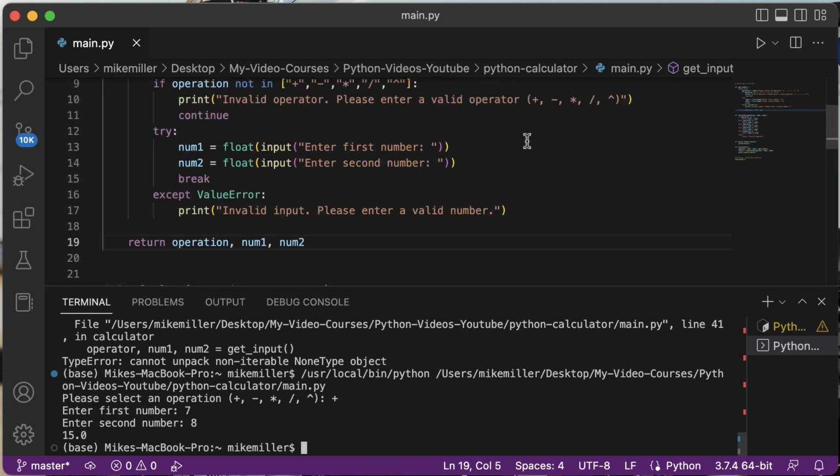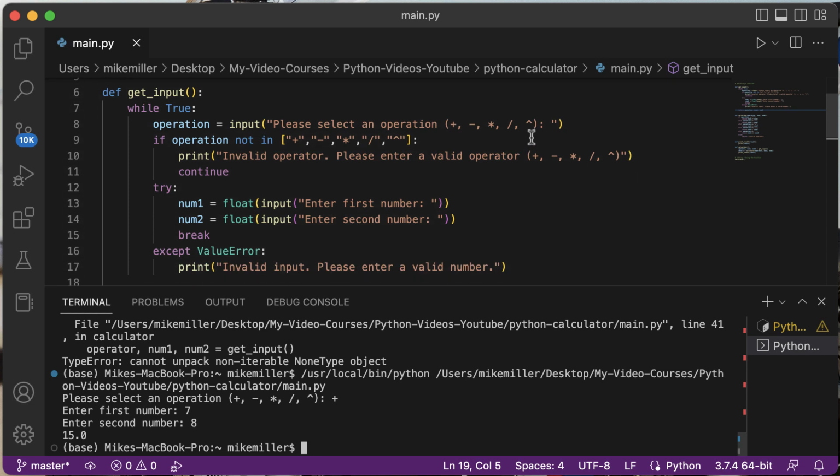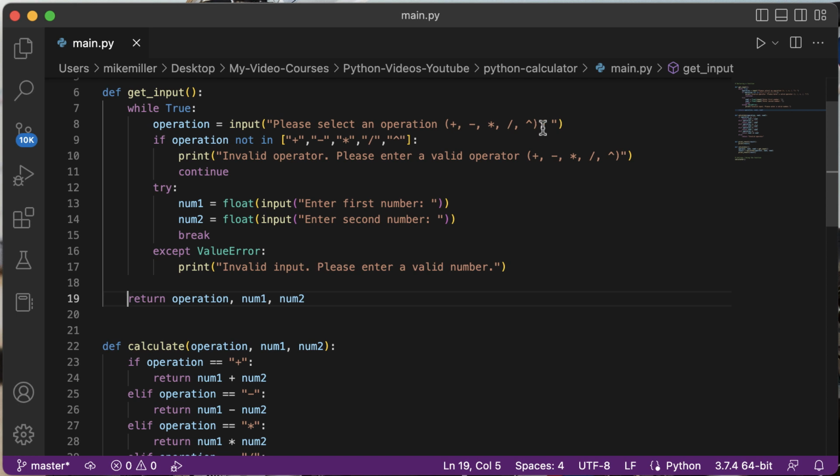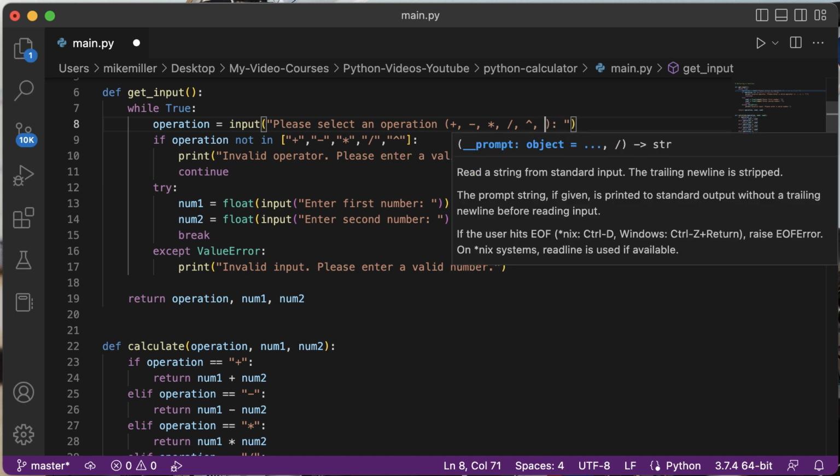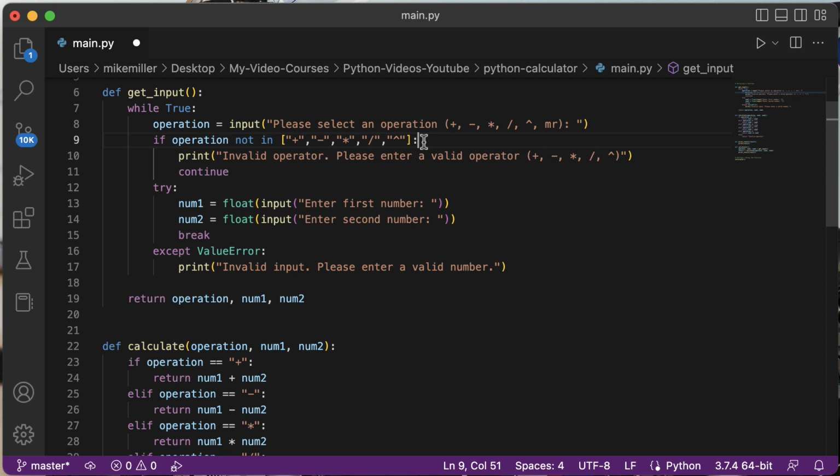We can start in the getInput method here. I'm going to close my console. And on the input operation method, we can add to the message here that we want to tell the user that they can enter MR, and this represents the memory recall operation. And then we also want to check and make sure